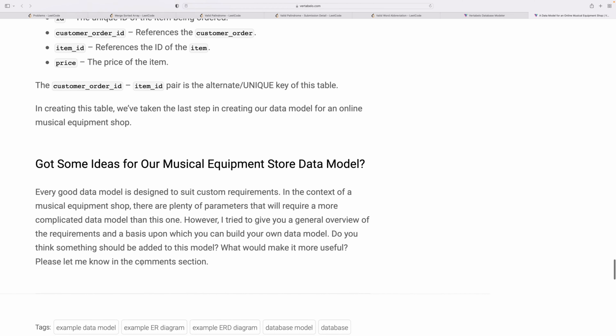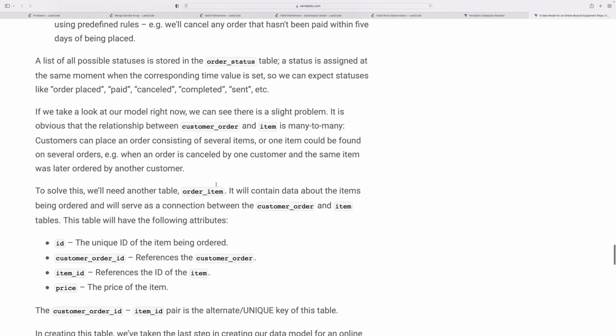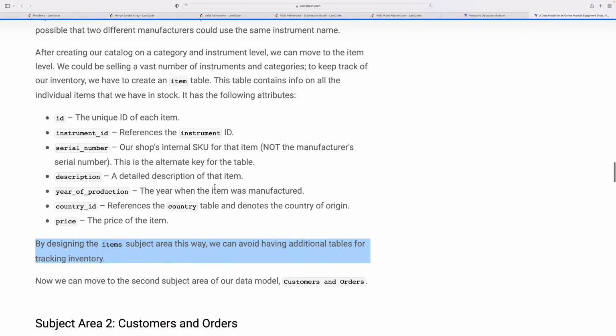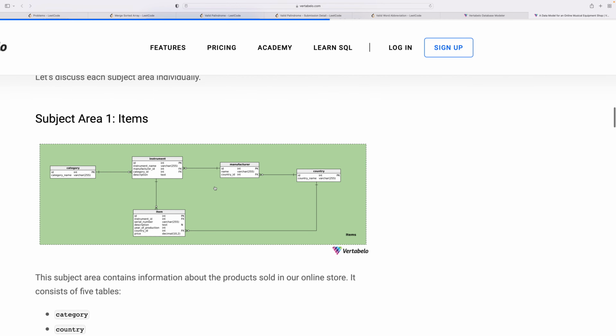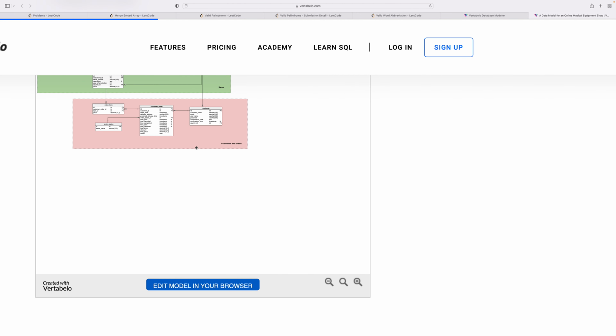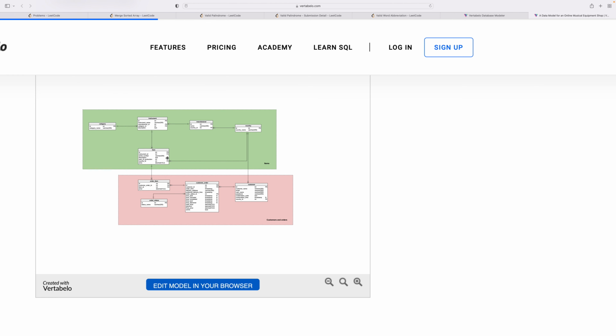So you now have some idea of the musical instrument data model. This is how the model works. Thank you for watching, and again I would like to share this diagram here. This is how this model looks. So typically, as in an e-commerce company, this is the customer and this is the seller. For the seller, we have different kinds